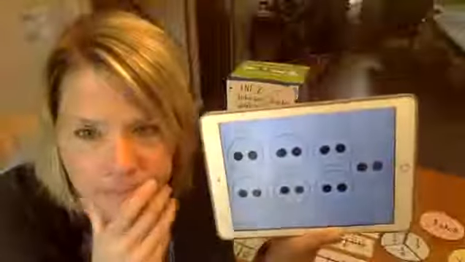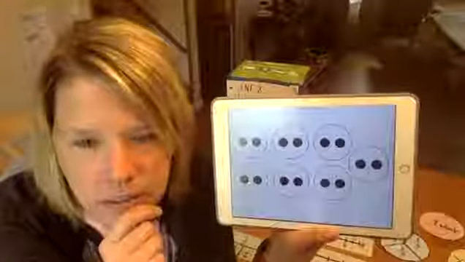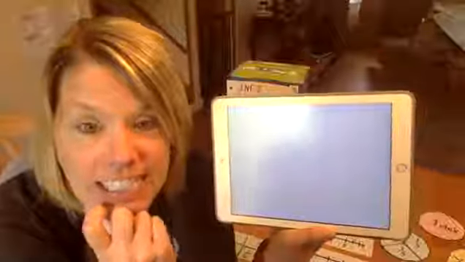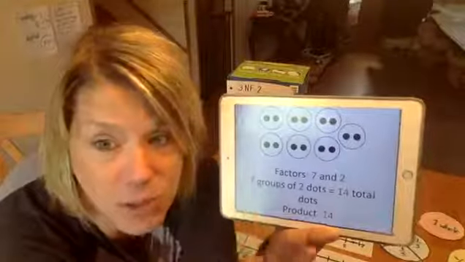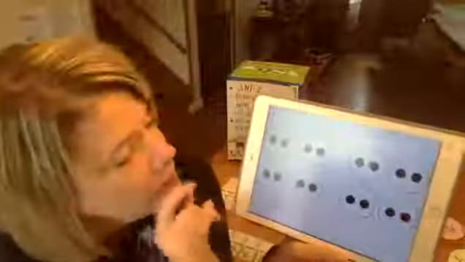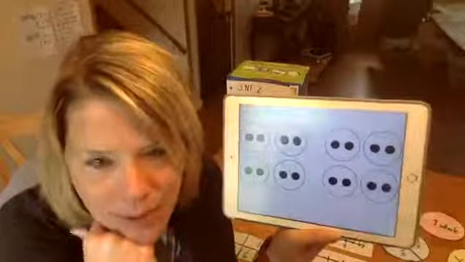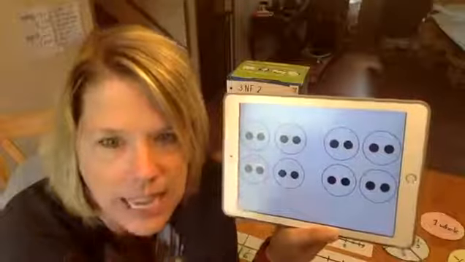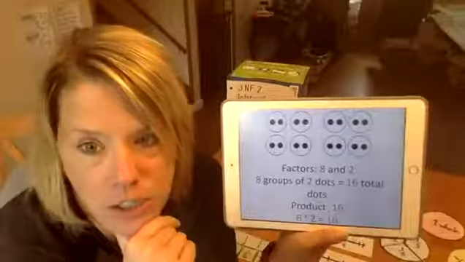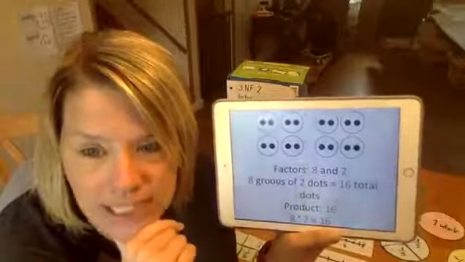Here we go. We see, what are our factors? 7 and 2. Yeah, 7 groups of 2 dots, and that's a product or total of 14. Here we go. Let's do one more. I know you know it's a pattern. 8 and 2. 8 groups of 2 dots is 16 total because 8 times 2 has the same value as